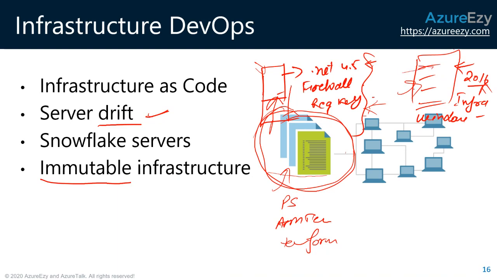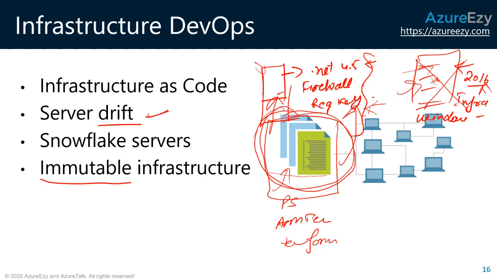If we have some script, instead of going through the troubleshooting, we will say, okay, this is causing issues. You know what? Some drift has happened. Destroy this guy, create a new one. I have the script. This is what you do with an application, right? If your application code has changed due to any reason, you already have the old version. You just go there, deploy that old version. You are up and running. Try to figure out later what has happened, who did the change, which was causing the issue. But you are able to restore the service as soon as you discover that there is a problem.